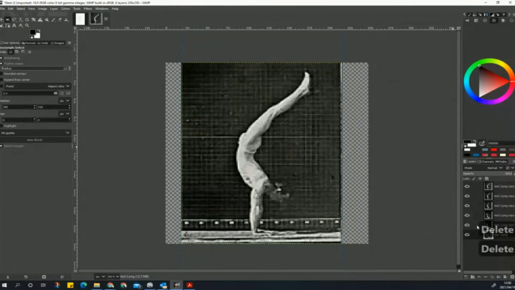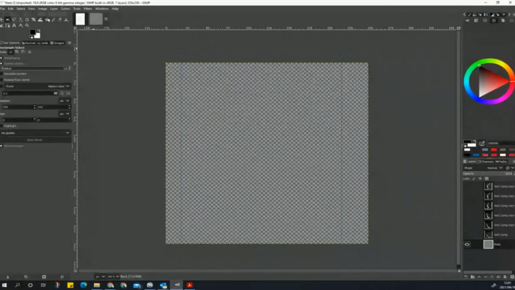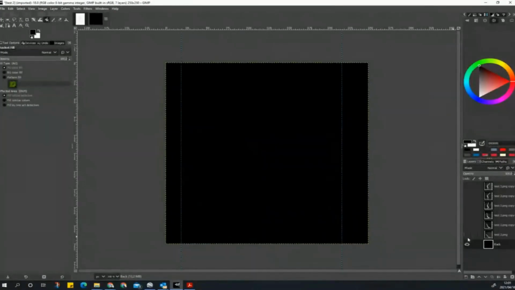I don't mind the white background. Actually, I'm just going to add one more as a background. I'll put this right at the bottom. That's how you adjust the orders, by the way. Okay, you use these up-down arrow keys to adjust the order. And I'm just going to put a background. I just want to drop a black background. So at least